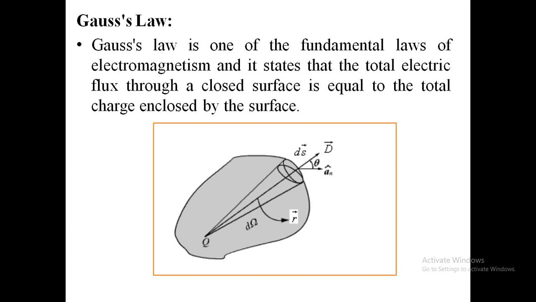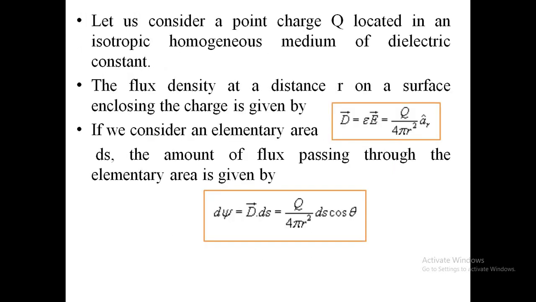Gauss law. Gauss law is one of the fundamental laws of electromagnetism, and it states that the total electric flux through a closed surface is equal to the total charge enclosed by the surface. Let us consider a point charge Q located in an isotropic homogeneous medium of dielectric constant epsilon. The flux density at a distance r on a surface enclosing the charge is given by